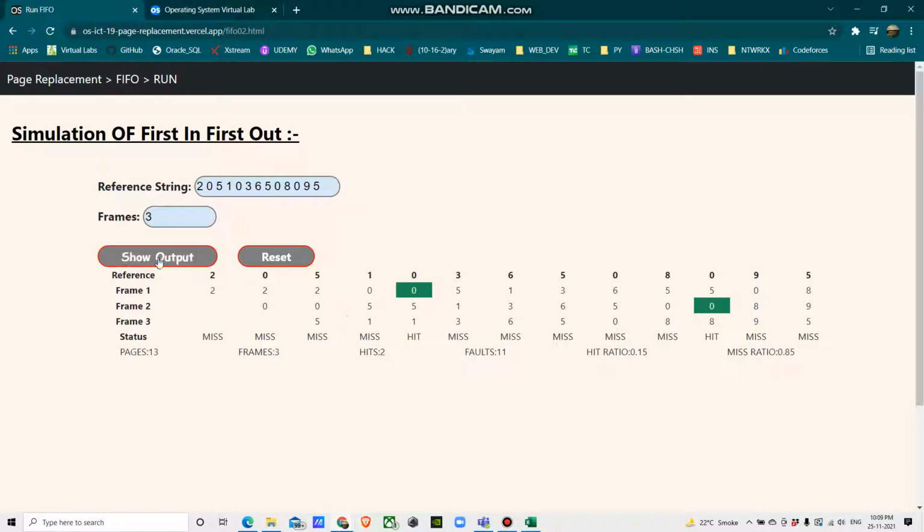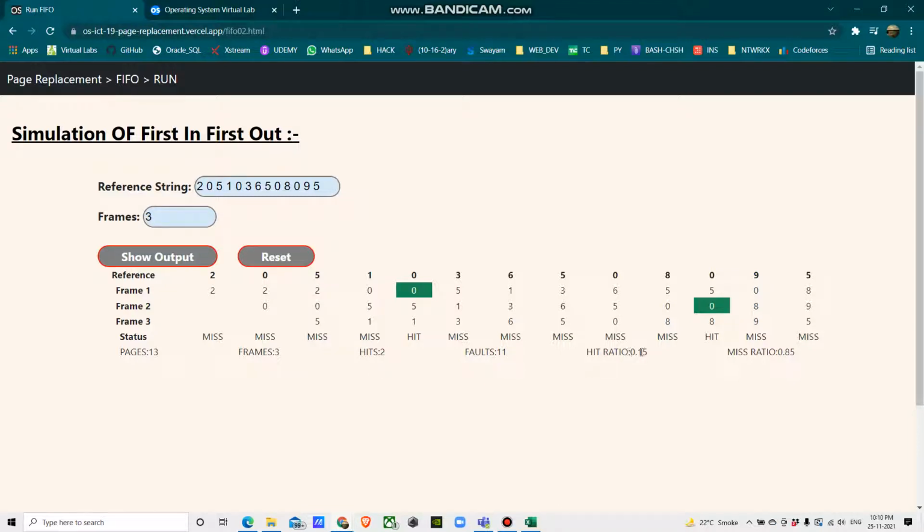Now by clicking on show output, we get the whole table of the reference string, and each and every step where we get the misses and where we get the hits. So here it's written that 13 pages we have inputted as a reference string. There are 3 frames. We got the 2 hits. We got 11 faults.